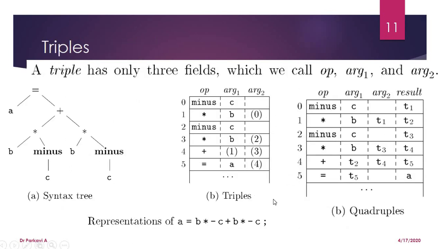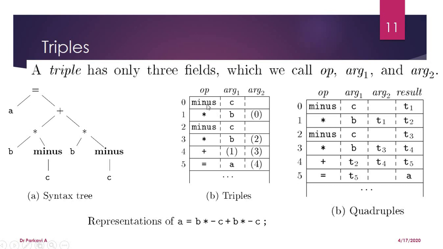Now let us see how the triples have to be generated. As the name says, triples have only 3 columns. First we need to generate the 3-address code, then the quadruple, and then we can easily write the triples. In the quadruples the result field is there, but in the triples the result column is missing. We can store the results in the addresses 0, 1, 2, 3, 4, 5 and use them wherever needed. Instead of using t1, t2, t3, we store the results in 0, 1, 2, 3, 4, 5 as addresses and reuse them.